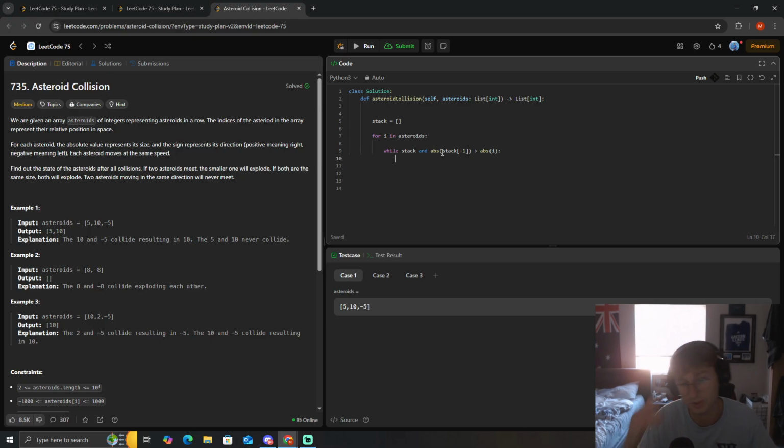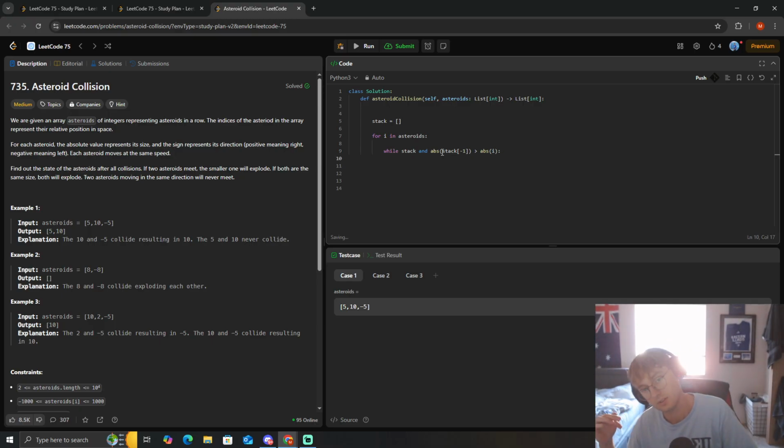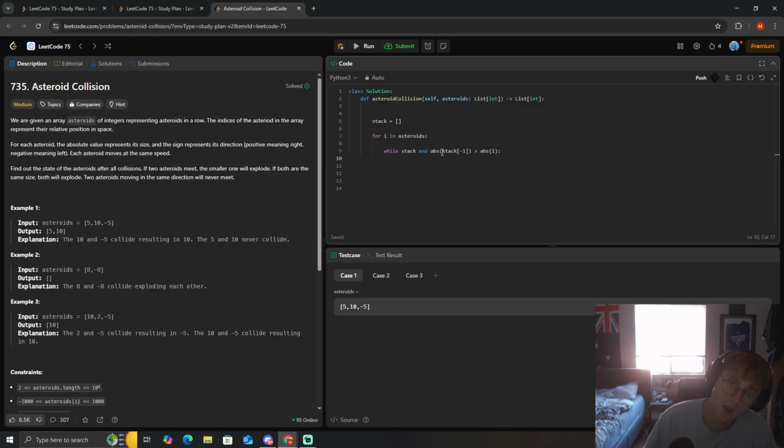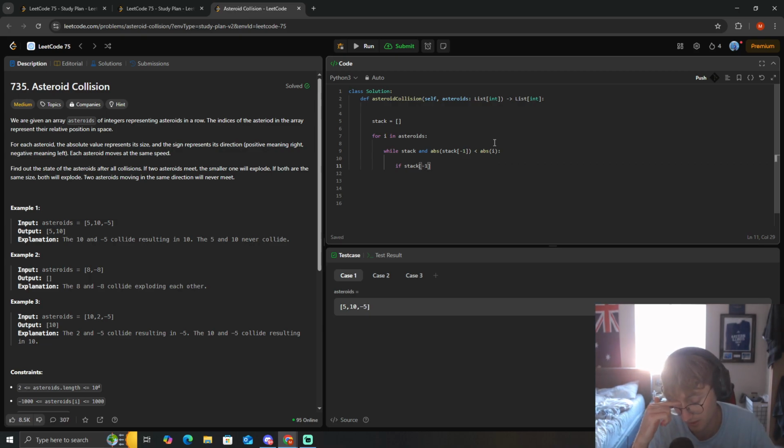So we need to do something to this, right? Okay, and sorry, no, it's less than this, right? So if it's less than this, if stack minus 1